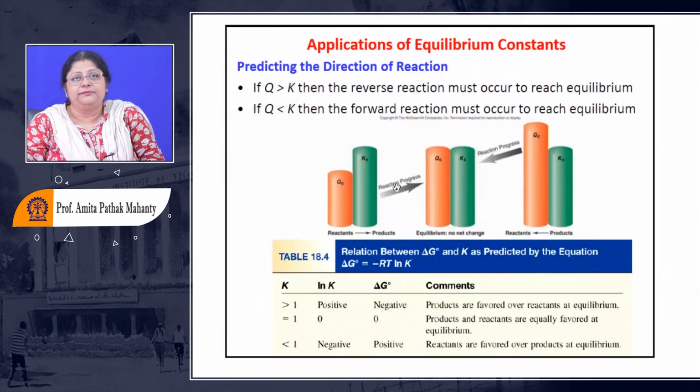I'm talking about a Q and a K. I'm not defining Q as the equilibrium constant. I'm defining Q as the reaction quotient, because until that becomes equal to the composition at equilibrium, we cannot have K become equal to Q. Q and K become equal when the reactants and the products have reached their equilibrium concentration. So when K is less than 1,